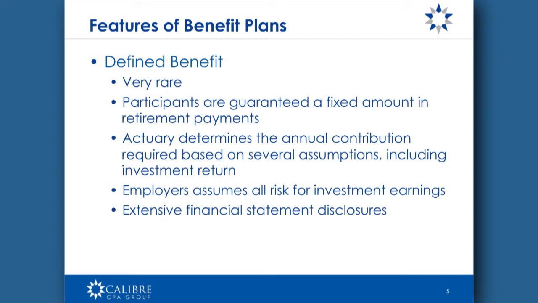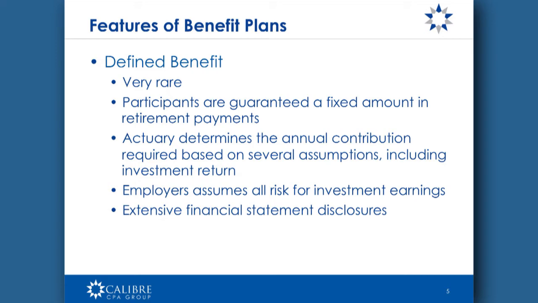So depending on how you select your retirement and how long you select to get these payouts, the company guarantees you're going to get X dollars per month for a certain number of years. No risk to the participant there. You have to have an actuary. So the actuary determines what the contribution is that the company has to make to the plan based on several